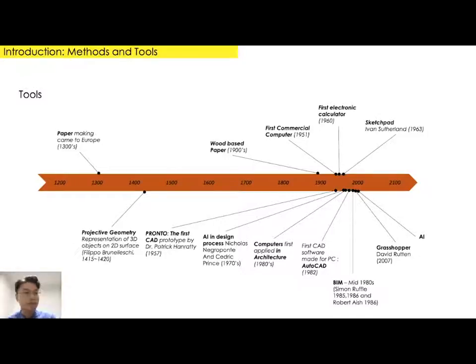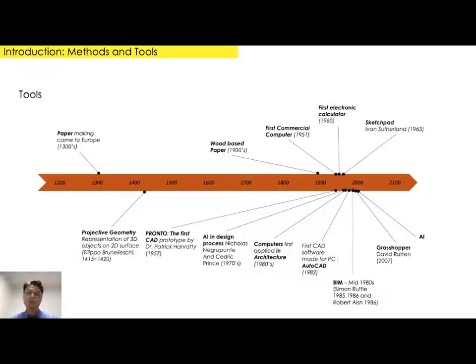If you see the left side of the diagram, paper became very popular and came to Europe in the early 13th century. And right after that, everybody knows about the Renaissance, right? During the Renaissance period, the first mathematically correct representation method of perspective was developed by Filippo Brunelleschi, and as time progressed, people